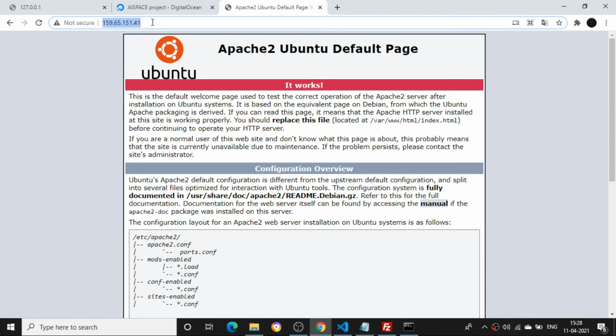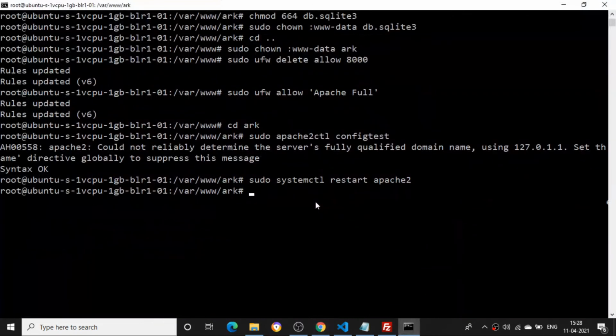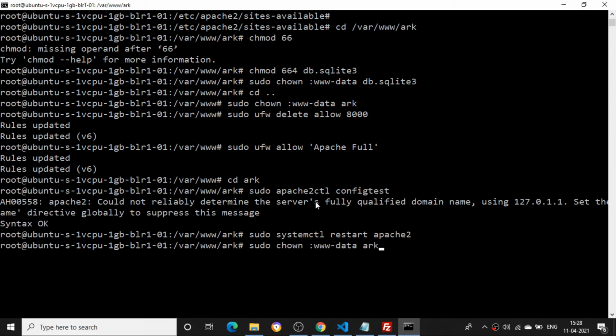Because I need to activate the particular site. I need to enable the particular site. It is a default page that is being shown. So I need to go back again and enable that particular site. I'll go into the sites configuration which I had done. So I'll come back here again, and I'll go to this particular directory.